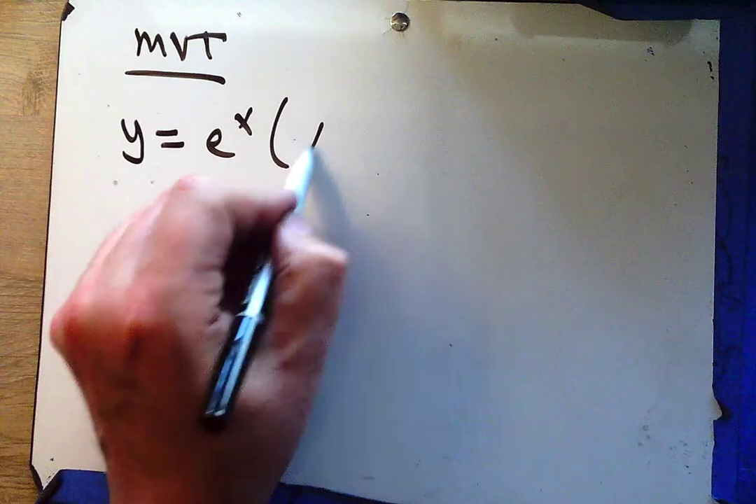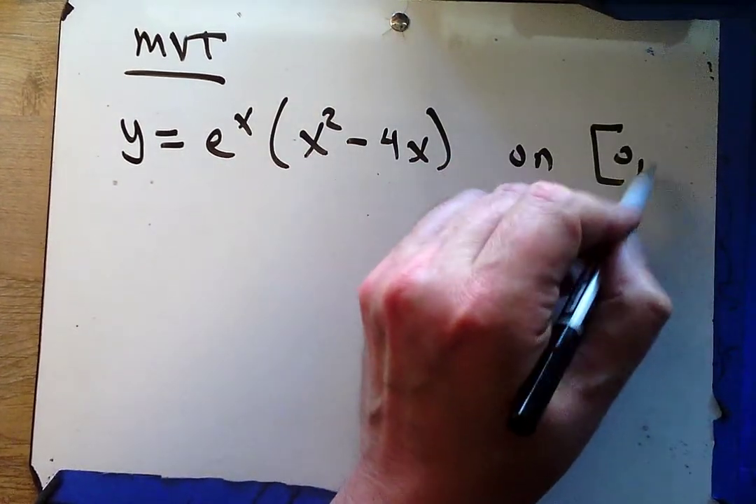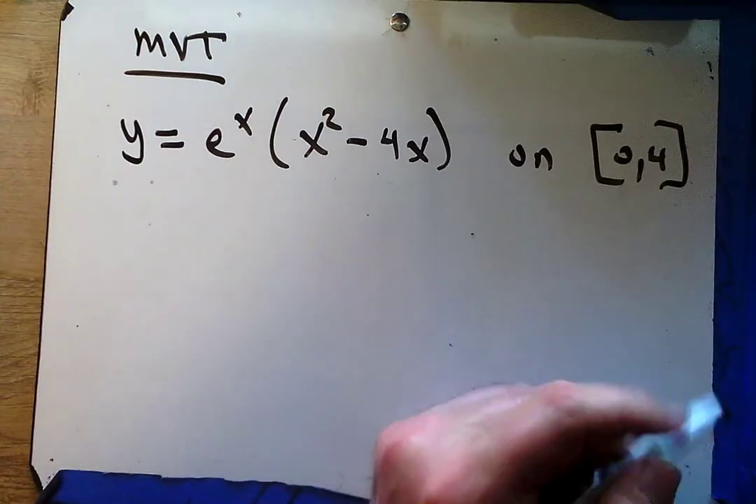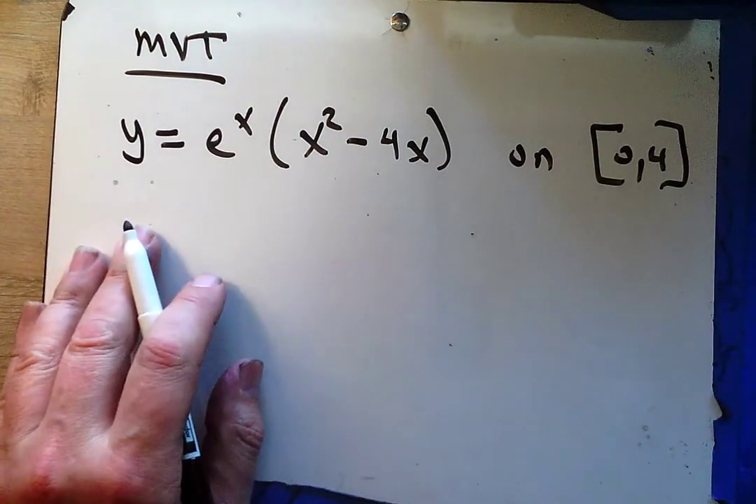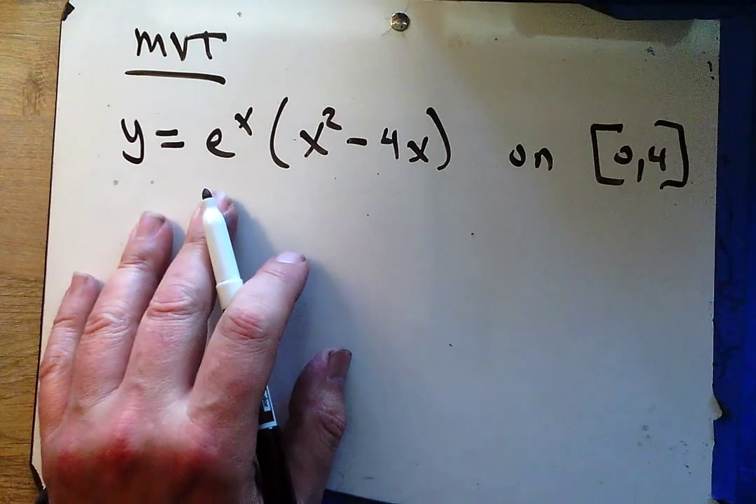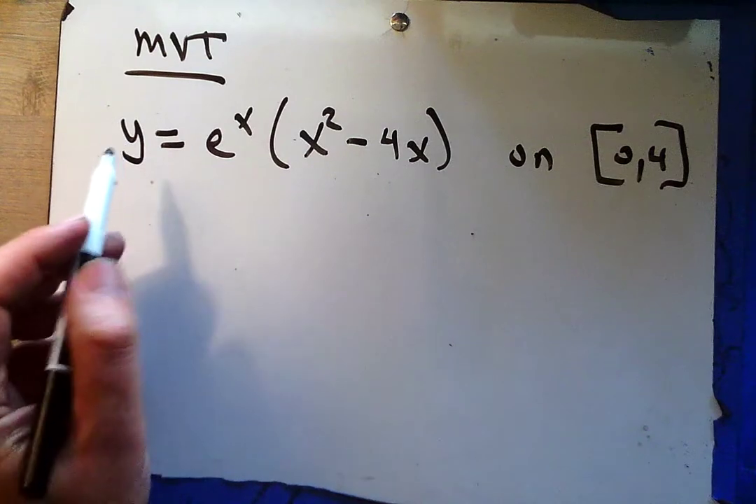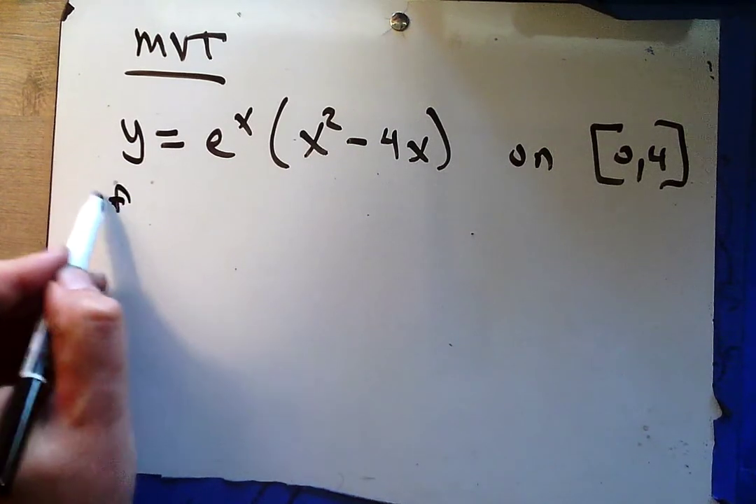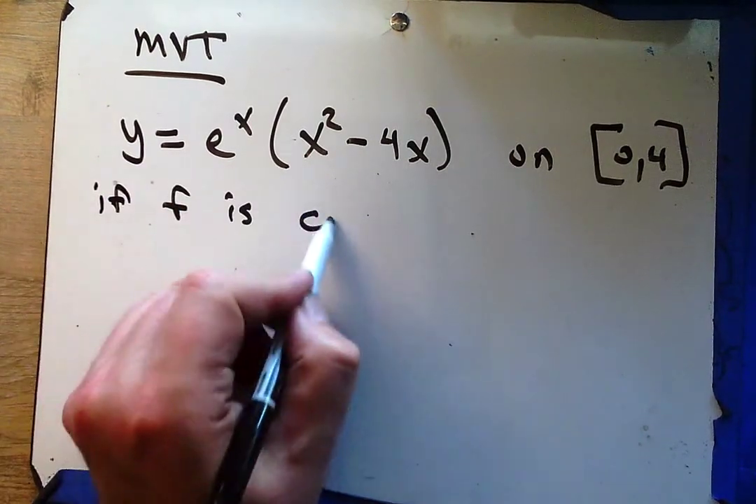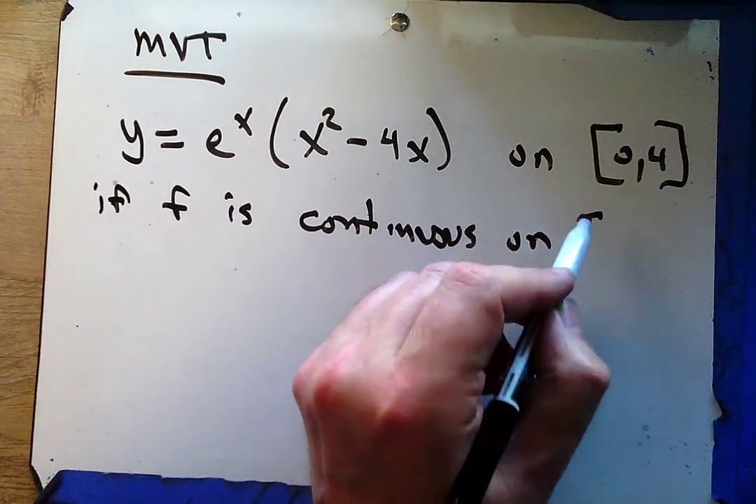Was that nice of me to tell you it was an MVT problem? Y equals e to the x squared minus 4x on 0 to 4. Okay, so first, do the preconditions for MVT apply here? Oh, you don't remember the preconditions? Shame. So the preconditions were if f is continuous on an interval